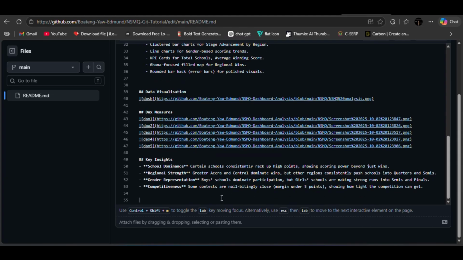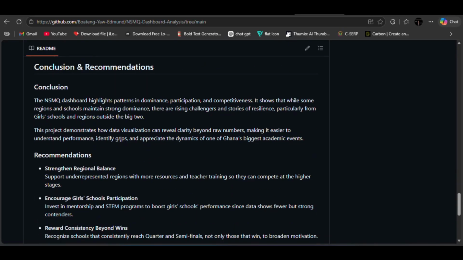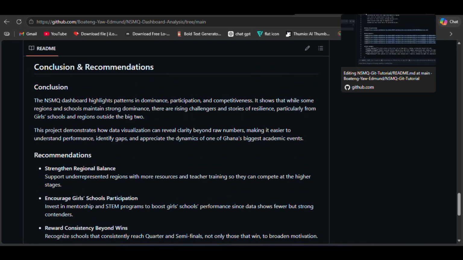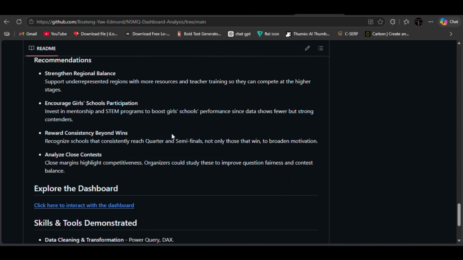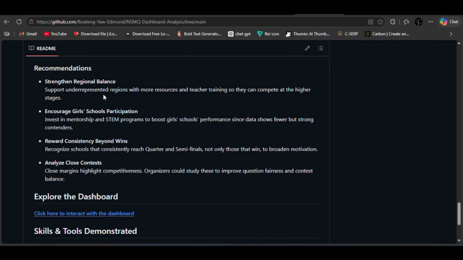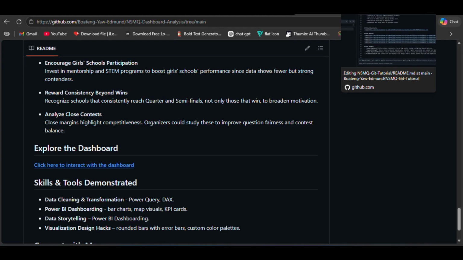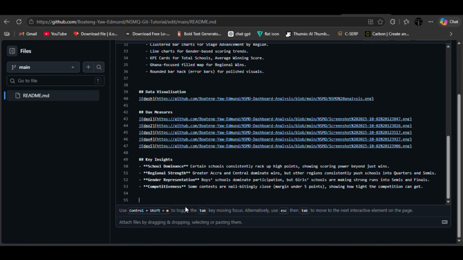Alright, so next we have conclusions and recommendations. So whatever we have done so far, we just quickly do it. So I'll keep these parts. But the next most important thing is how to add the link to the README file. So I'll be moving to that, and first we will need the heading. So let me copy and paste it in there, and then